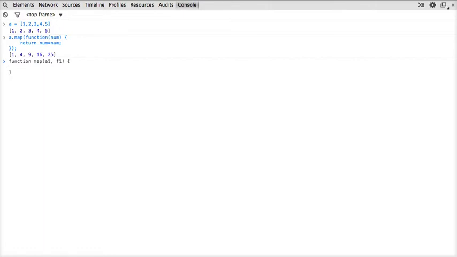The first thing we're going to do is create the result variable, like so. And while we're there, let's remember to return that right at the end as well. The next thing we're going to do is iterate through the array passed in and call the function with each element. So for var i equals 0,